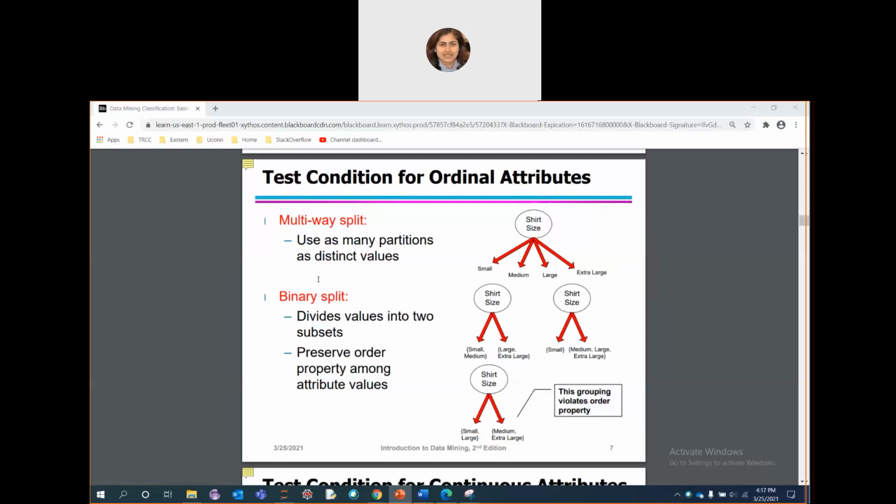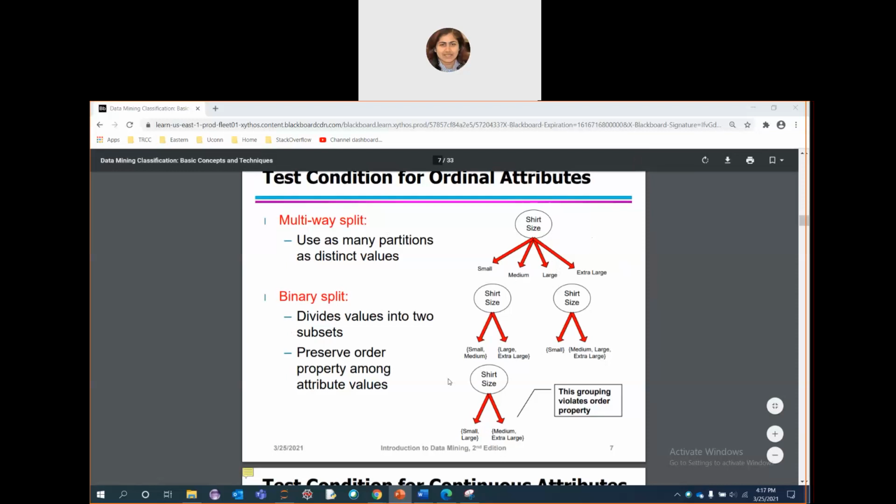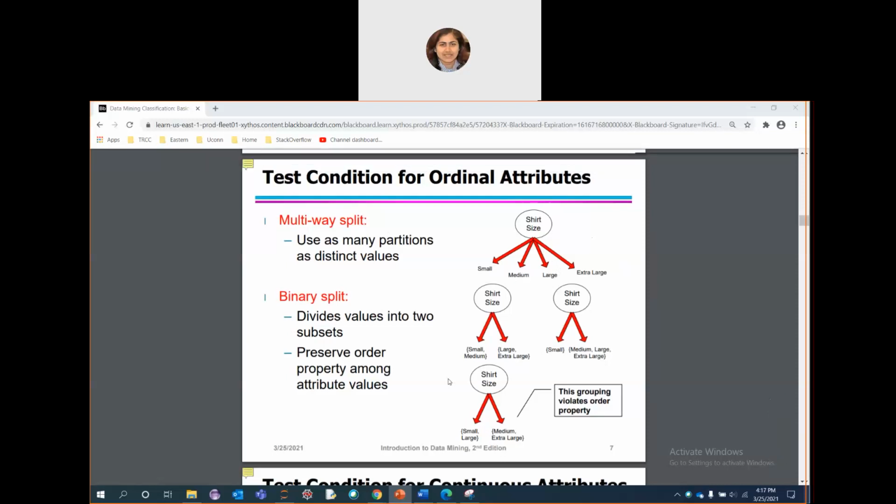There are multiple figures here for multi-way split and binary split. So here the shirt size in the multi-way split can be divided into as many partitions as distinct values, providing different sizes of the shirt. If you are considering binary split, the attribute shirt size can be divided into two different splits, either small, medium, or large, extra large. Again, the same thing can be iteratively applied to have a binary split in a different kind of order, if